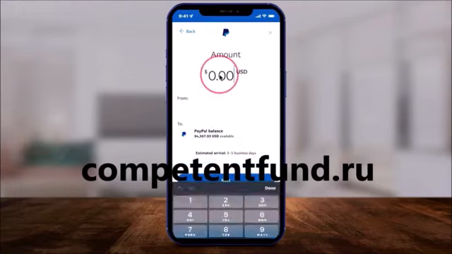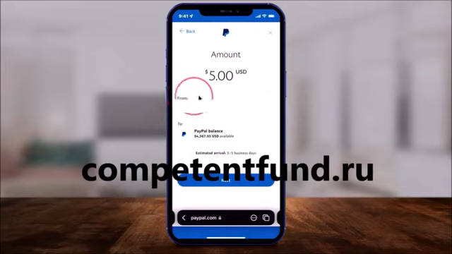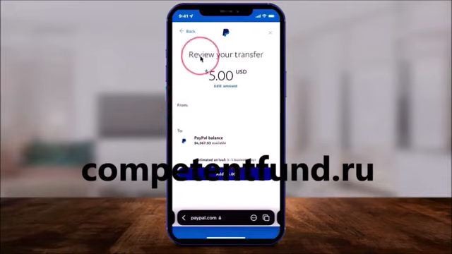And then when you press next, all you have to do is type in the amount right here, and then press done, and then it's going to say from that bank account into your PayPal balance, and then go ahead and press next. And it typically takes 3 to 5 business days to appear here. It does have one more page to review that transfer as well, so you can go ahead and do that on the next page to verify it. Let me show you on the mobile app now.